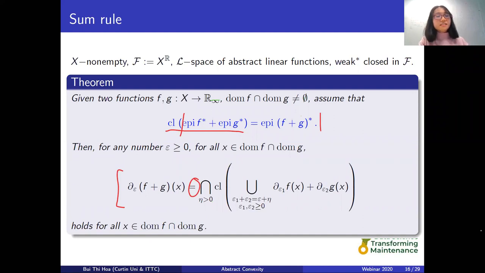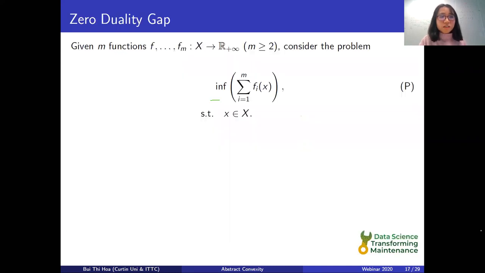Yeah, it is the sum rule, the no-sum rule we are using in convex analysis. Okay, so we have the sum rule. So we have topology, we have all the key properties. So now we use all these properties to derive the zero duality gap conditions in the framework of nonconvex functions, because now our function f